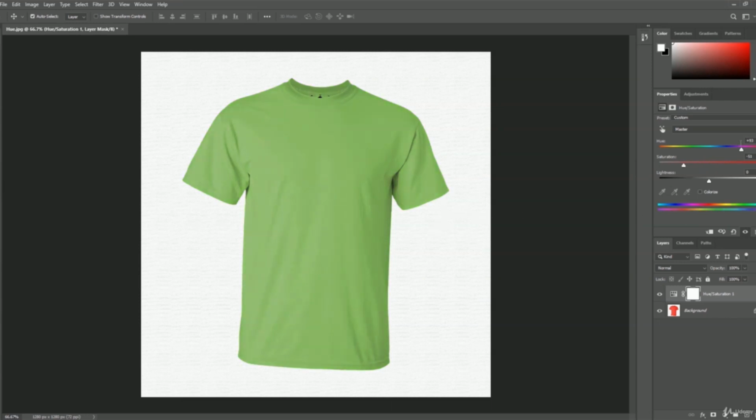Okay, cool. Right now we have minus 51 point for saturation and here is the intensity of this green color t-shirt and you can take a look, the intensity of green color is changed. And if you want to increase the intensity, then you have to move this pointer to the right or you just have to put the plus value. So let me put plus 51